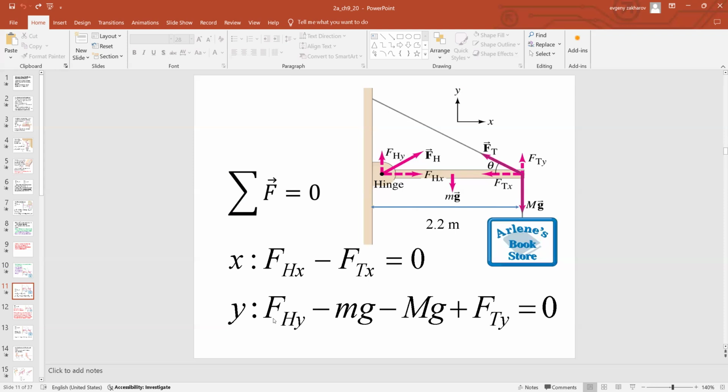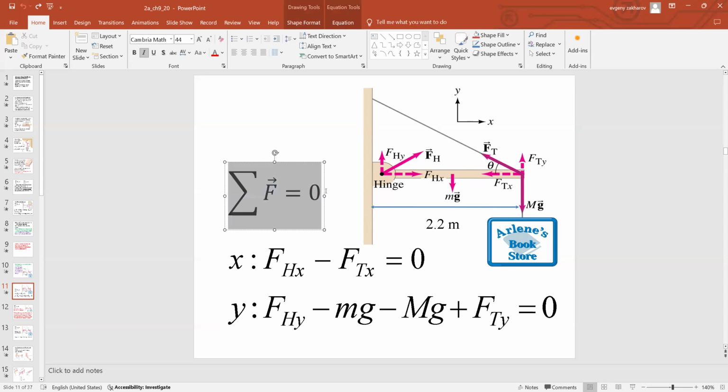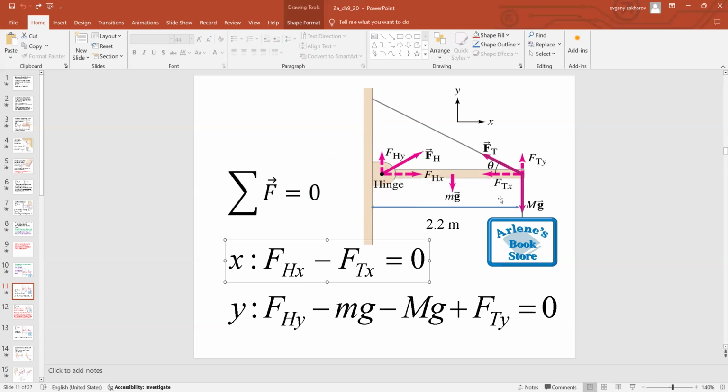So let's take a look at what we have in terms of balance of forces first. Balance of forces, two components, x and y components. Let's take a look at the x components. What do we have? You have the hinge in the x axis. It's positive. You can see that this component of the hinge is positive,